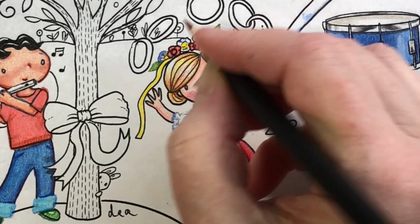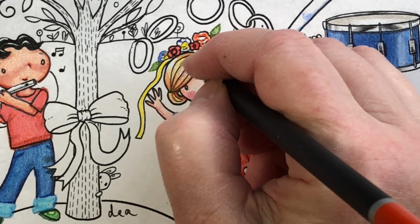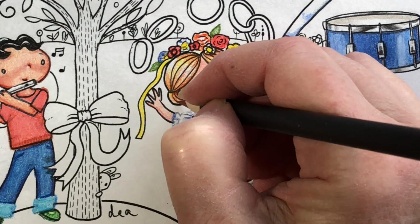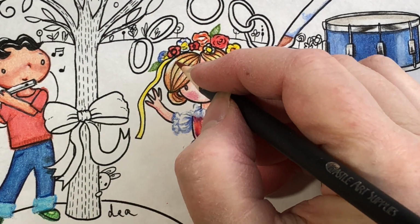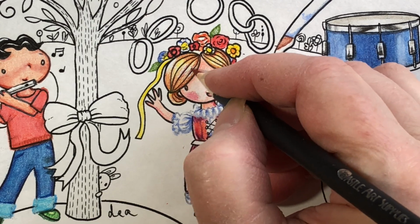And then I went over the lines a little bit, and you can do this in any color you want. Even if you want to make her hair blue, you just do the lightest and then eventually go to the darkest, because it's much easier to go over light with dark than vice versa. So now she's starting to look like a little girl